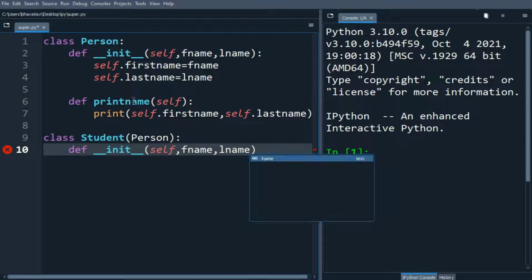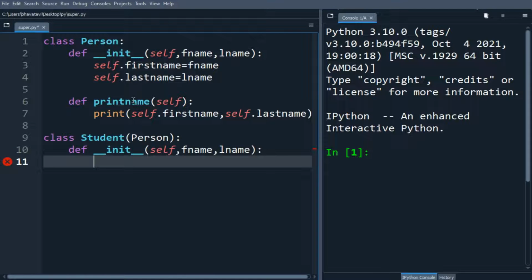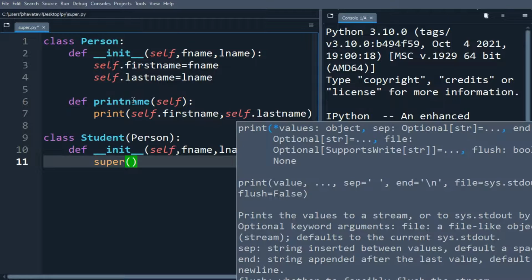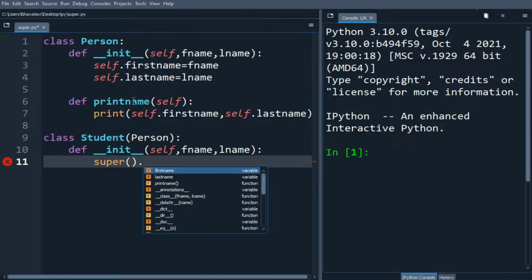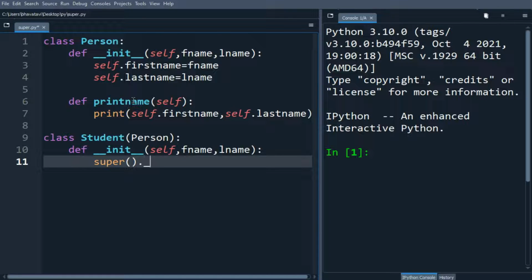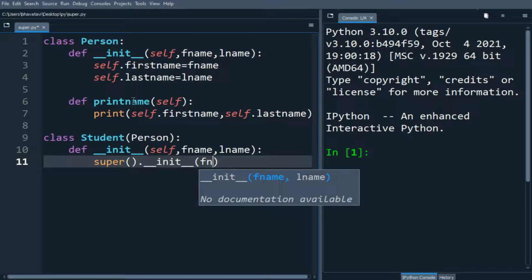and here we will be using the super function. So what will this super function do? This will inherit all the methods and properties from the parent class. So let me make first name and last name as the arguments,